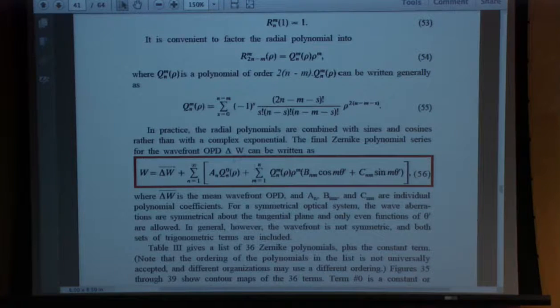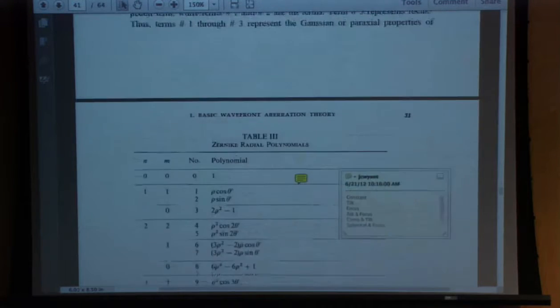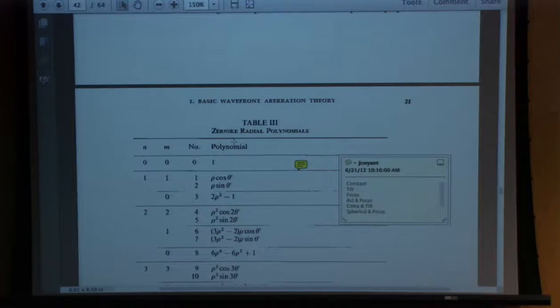typically some average value, and then you have terms that depend upon rho, and you have terms that are going to rho to some power, and then a cosine and sine. And these a's, b's, and c's are the coefficients for the polynomials. So anyway, you could go through here and you could calculate the polynomials. I'm going to give you a list here,